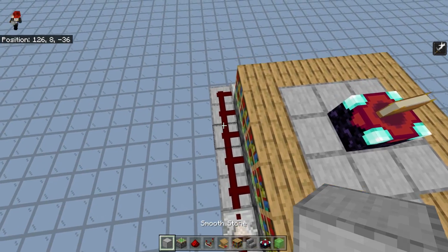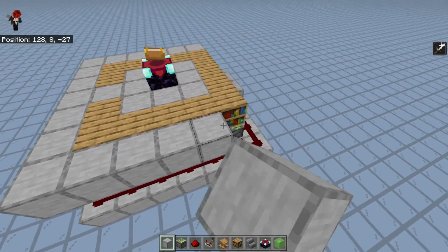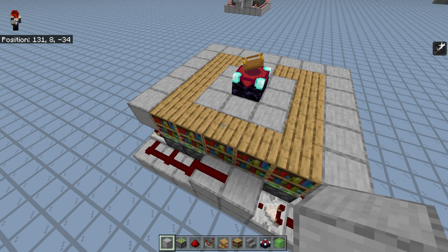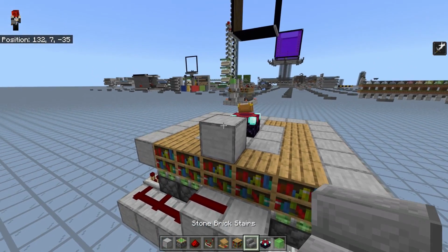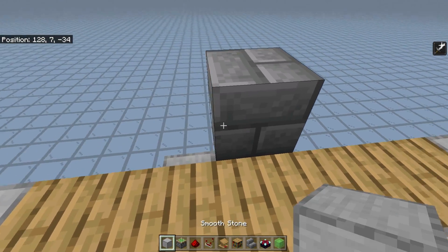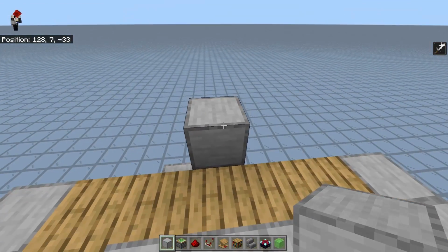in the center. Now I'm going to cover this up a little. The way you do it is up to you, of course, but I just chose to do it that way for now. Now you're going to want to place one temporary block and one stair facing like this. This is just to hide the redstone, and while you could put a solid block right there, the issue is